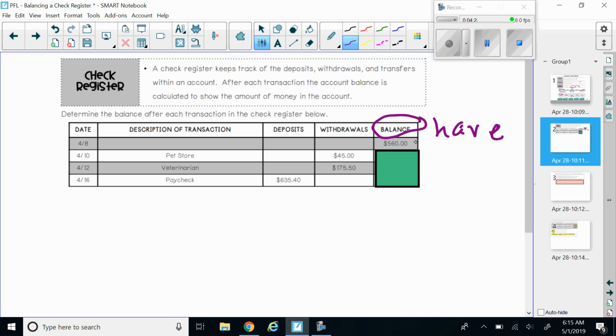So right now in this bank account, I have $560. But I went to the pet store and I did a withdrawal. So remember, withdrawals are negative, deposits are positive. So I spent $45 at the pet store. So I need to figure out, what do I have? What's my new balance after I went to the pet store? Well, if I had $560, I have to take away 45. So down here, we're going to do some math, right? And we're going to figure out,